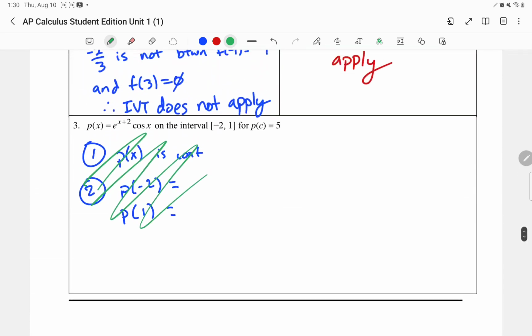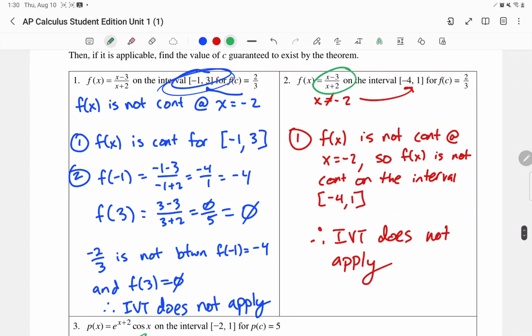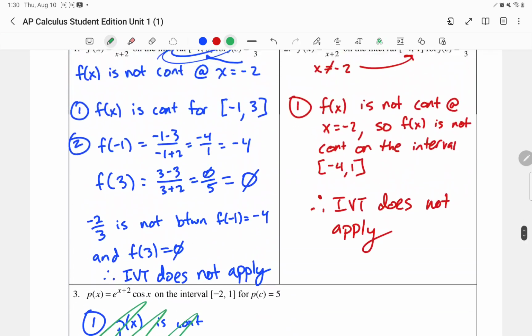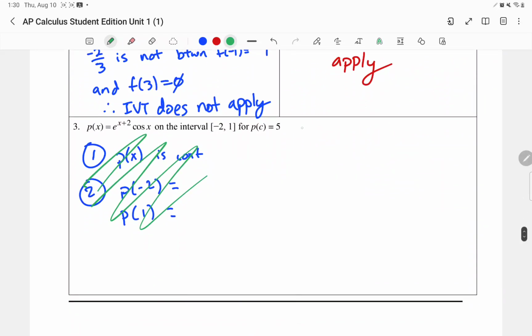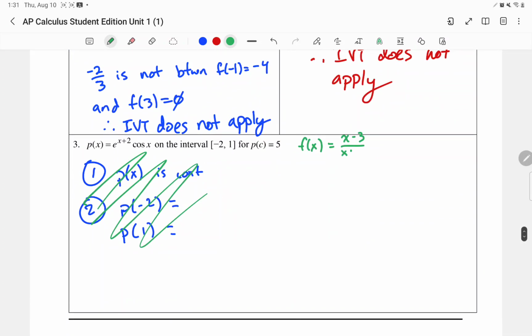squeeze this in maybe at the bottom, right? But what I want to kind of talk about is let's just actually go back to this guy up here, but let's do a new point. So let's do something like this. Let's do the same equation, f of x equals x minus 3 divided by x plus 2. Let's do on the interval